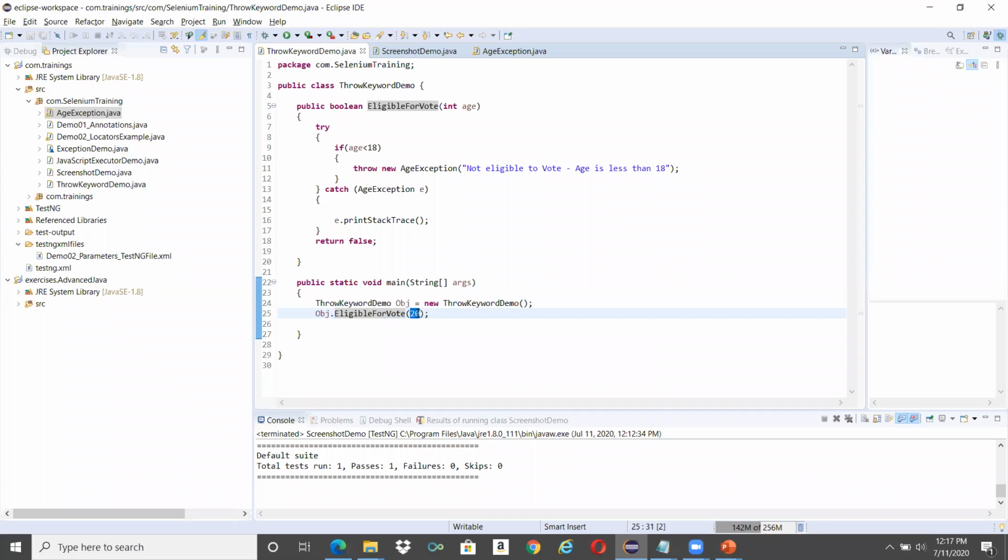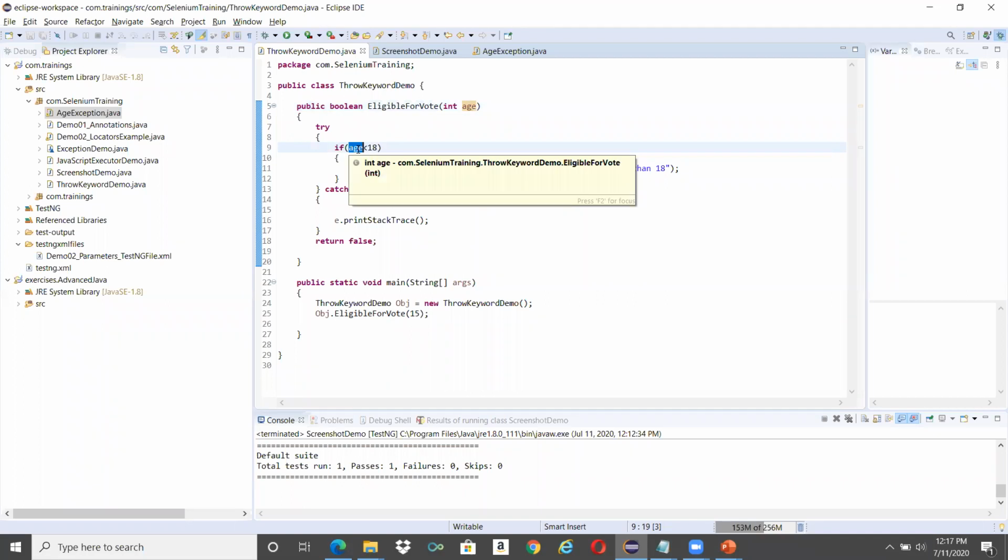Let me pass something less than 18, let me pass 15. So this method is called and it takes in the int 15. Now it verifies whether age is less than 18. Since I'm passing 15, it's an exception for me.